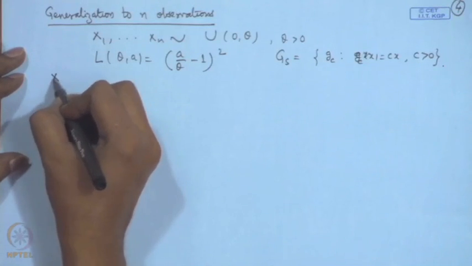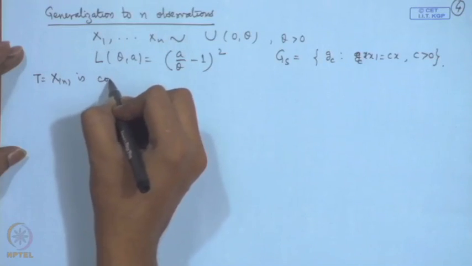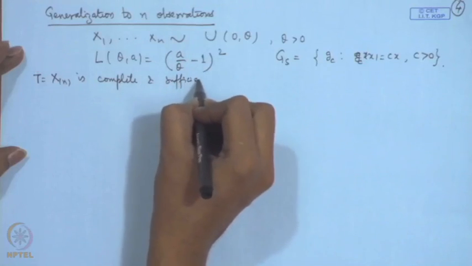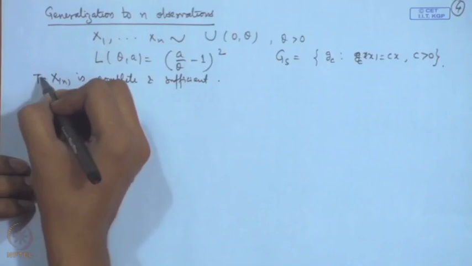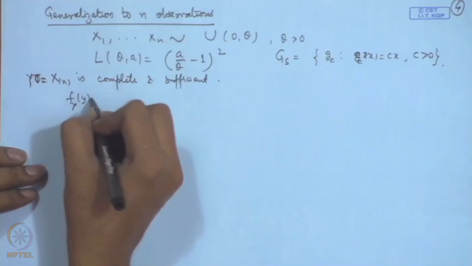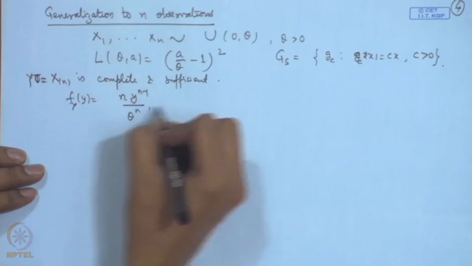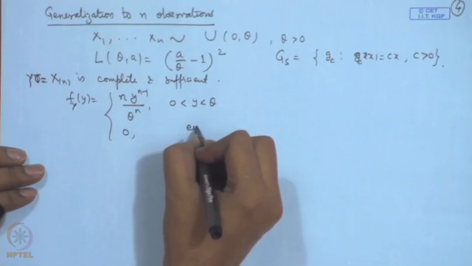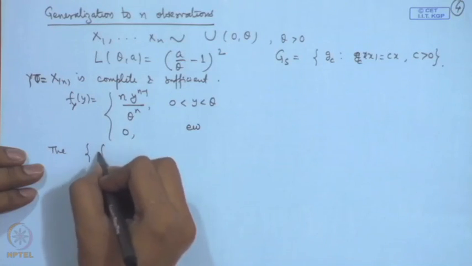Now, here X(n), let me call it t, is complete and sufficient. Rather, let me call it y, and we know the distribution of y. The distribution of y is n y to the power n minus 1 by theta to the power n. Then the distributions f_y